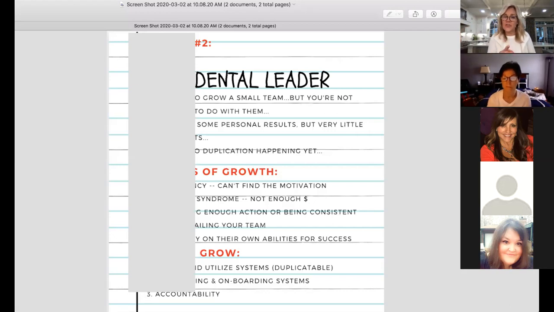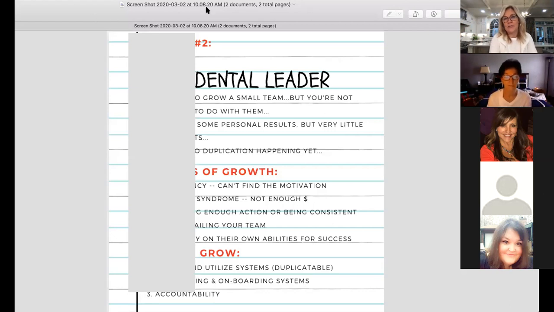And then the third thing is accountability. And we talk about it. It is not a word people get excited about, but I'm here to tell you, and I'm preaching to the choir because I know you guys are accountable to get on this call, but we also have to have a system to hold ourselves accountable. And we've kind of talked about it. We've tried a couple things. Here's what I'm